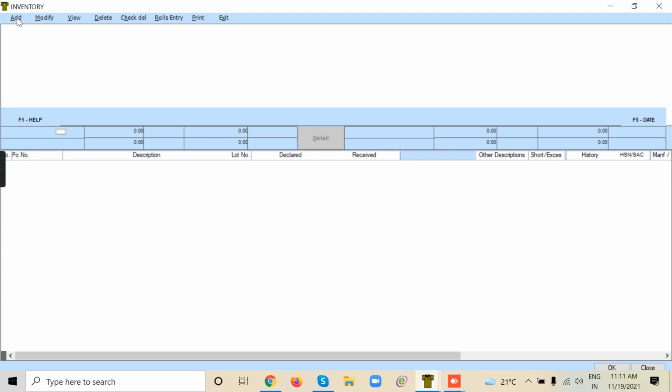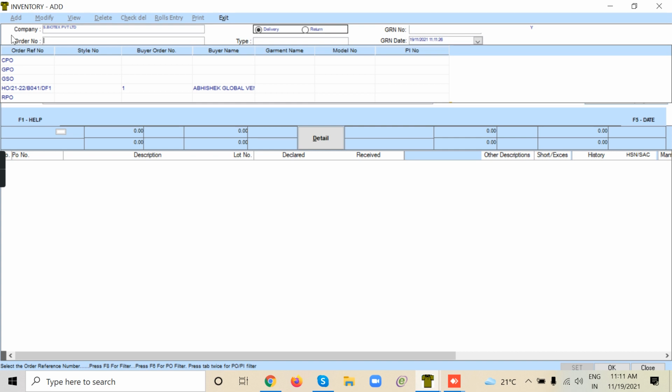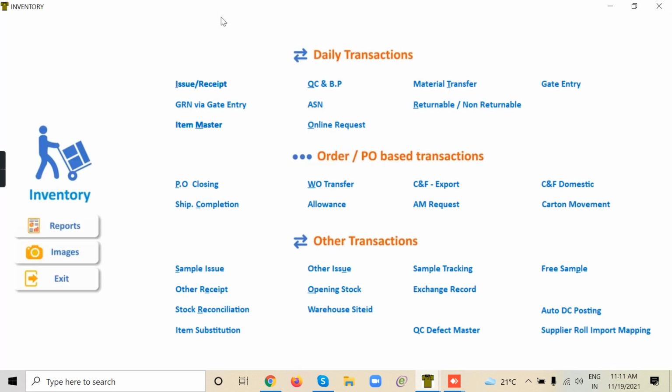To make a GR, we click on add. Okay, one minute. Issue receipt.